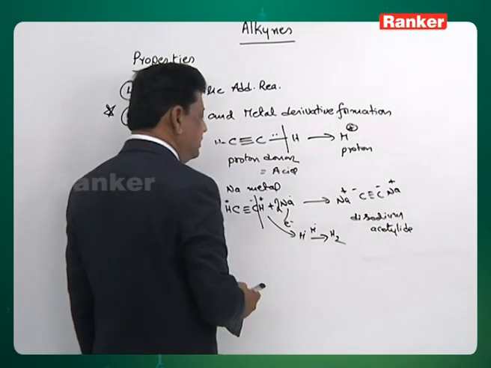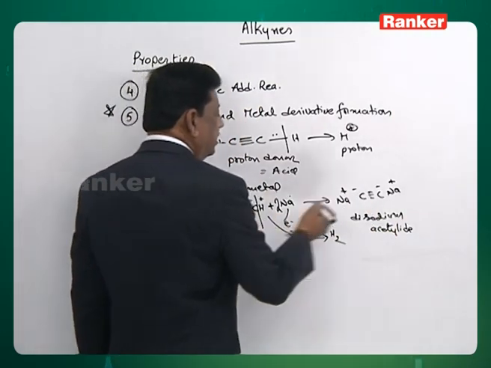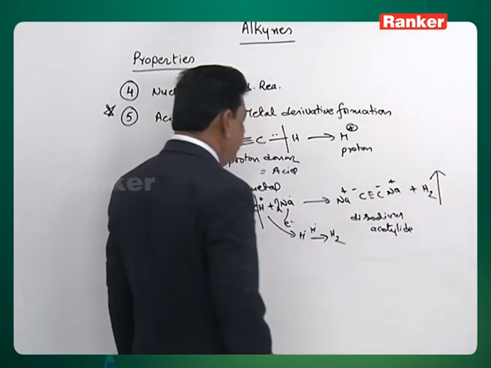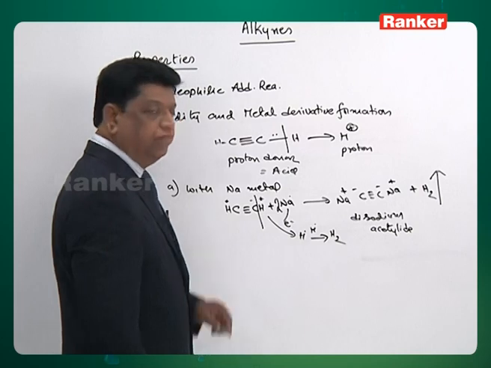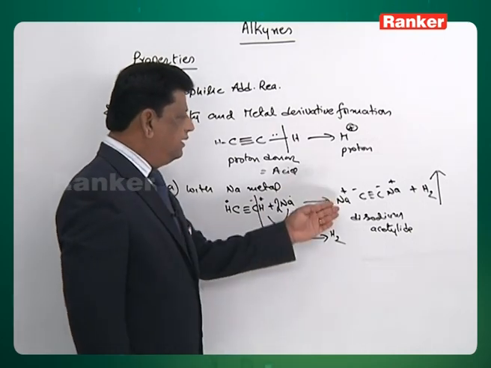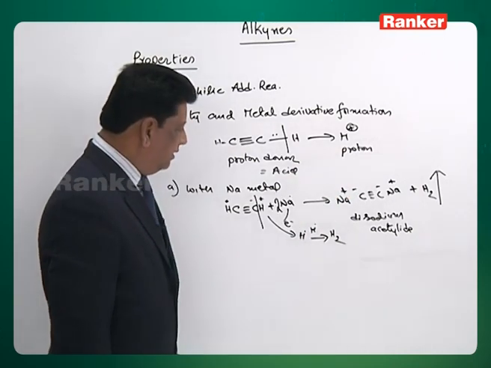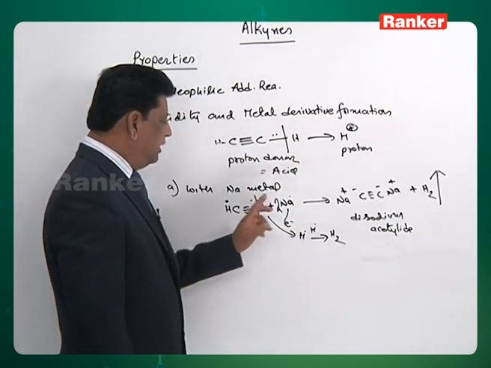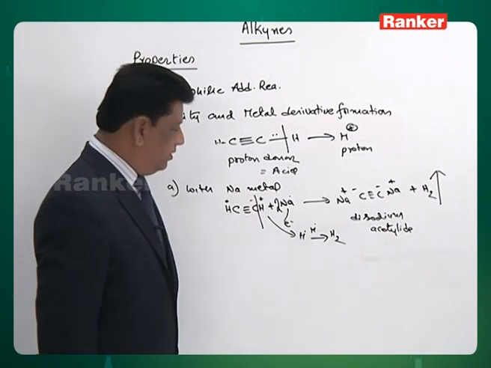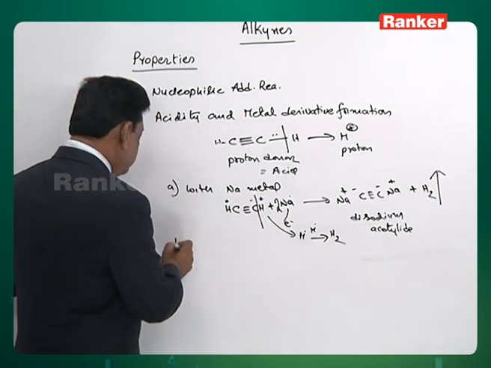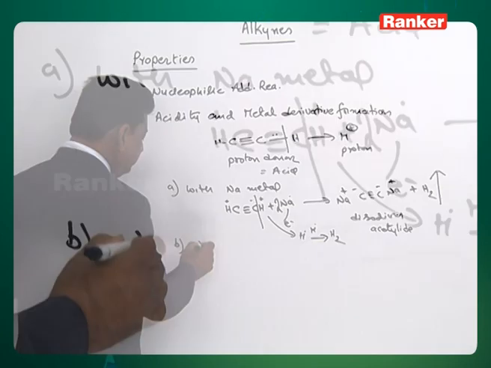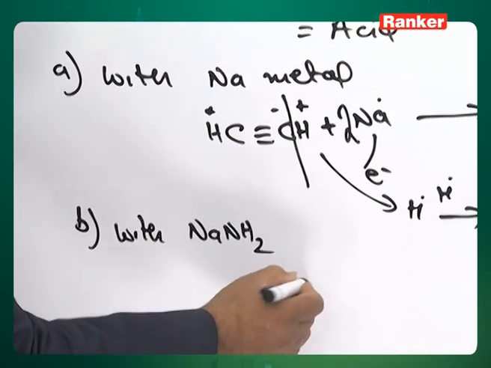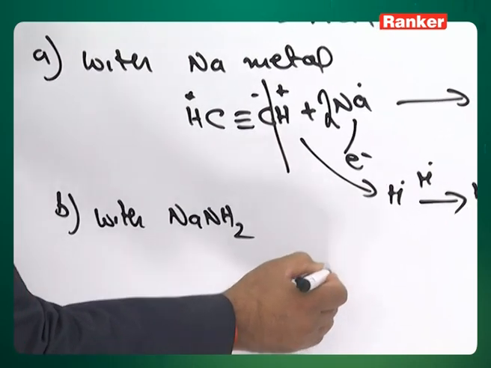A solid substance is formed, but the hydrogen is liberated as hydrogen gas. So the sodium is the base here, acetylene is the acid, a salt is formed, and the hydrogen is liberated. So it is a neutralization reaction, an acid-base reaction, where acid and base give a salt, right. Similarly with sodamide, NaNH2 also it reacts. Acetylene reacts with the sodamide,